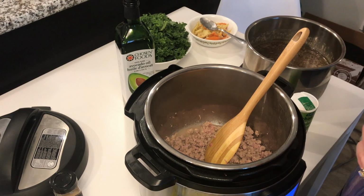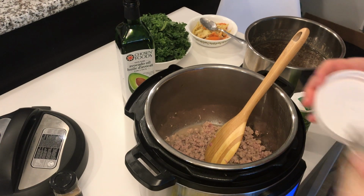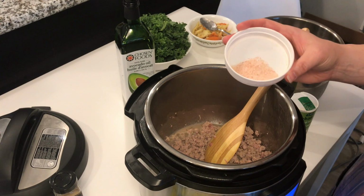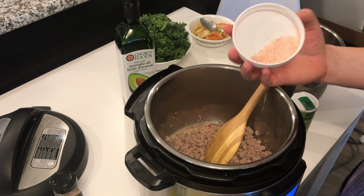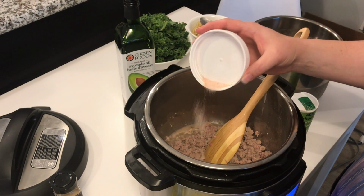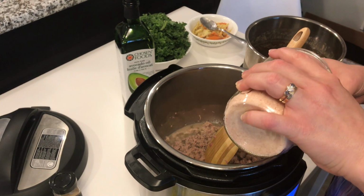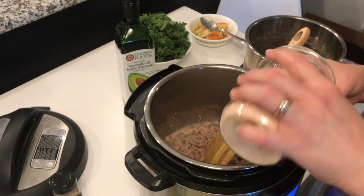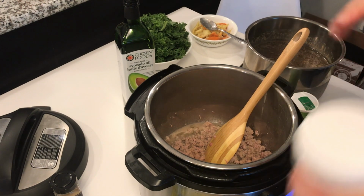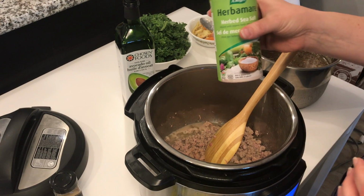So we use the pink Himalayan sea salt here at home. I find that this isn't as salty as regular table salt. I think I've said that in other videos. So I'm going to use probably about 2 teaspoons. I'd start with a teaspoon if I were you and add a little bit more as you go, because we actually are going to put some Herbamare in here too, which is also a little salty. So you don't need as much salt. So I also use this